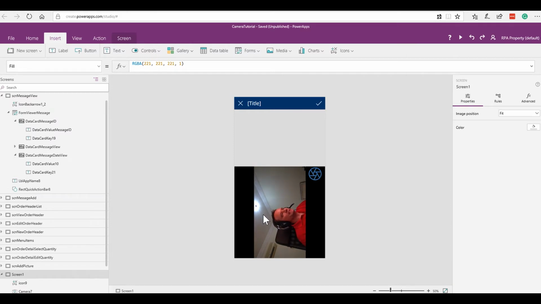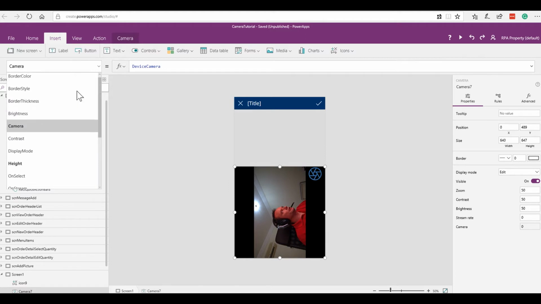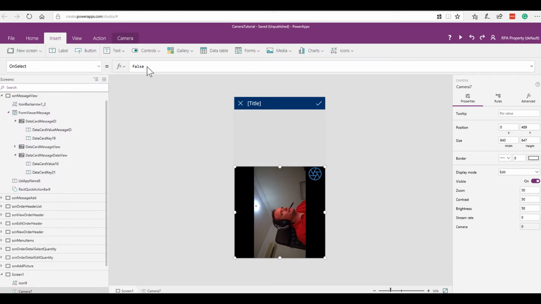We need to be able to take a picture. So I am going to trigger pictures by somebody tapping on the camera control itself. So I'm going to go to the onSelect property, and this is where we need to have a little talk about what's going to be going on in the background. So the way this is going to work is the user is going to tap to take a photo,